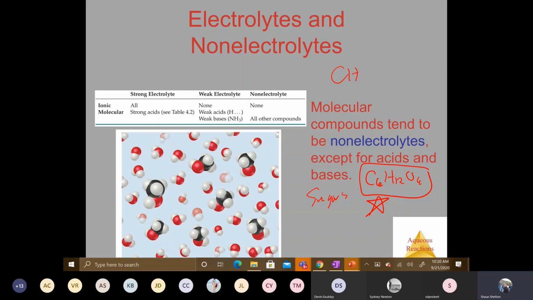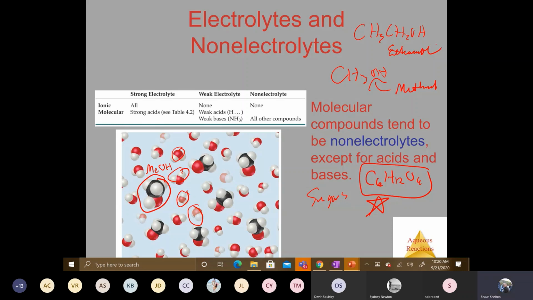Other ones can be CH3OH. This is methanol. Another one is CH3CH2OH. Remember organic nomenclature. This is ethanol. So these are all examples. In fact, this compound that you see here, this is your methanol. That's what they're showing you there in that example. And all these other molecules that are surrounding, those are water molecules.